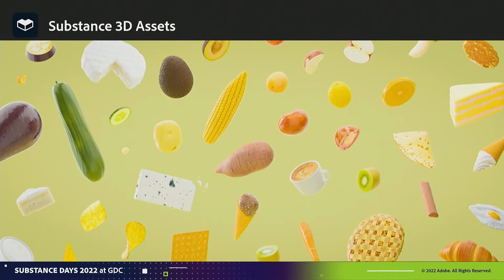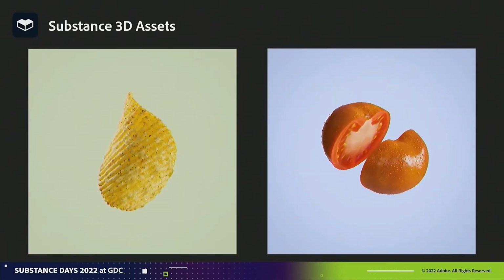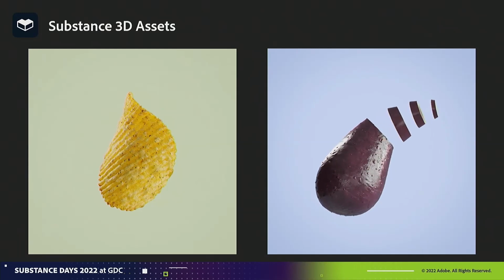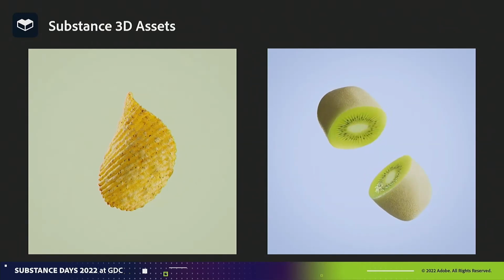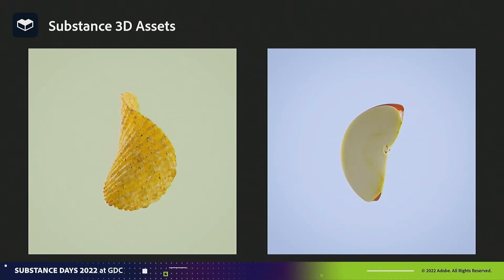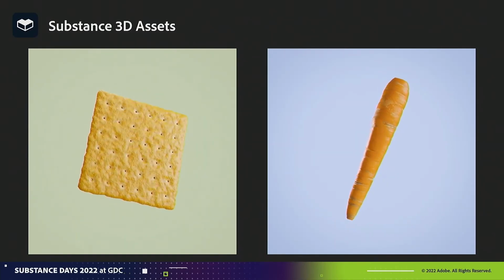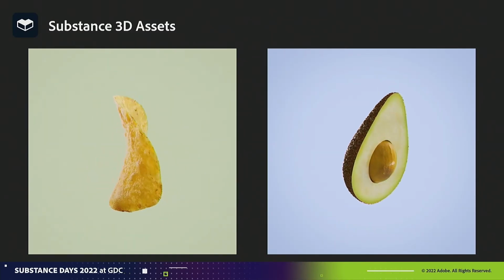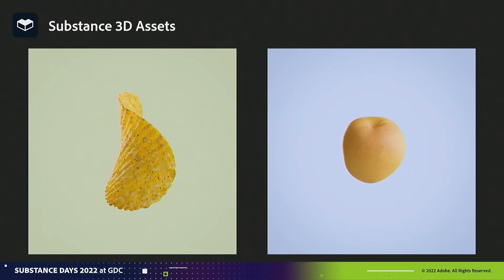We've also added a new food and drink collection. With this, we have more than 200 parametric materials and 3D models. And here are some of the close-ups that show the great diversity of photorealistic materials, from chips to fruits. I like chips. Yeah. You can see the great detail that you get here with these assets.